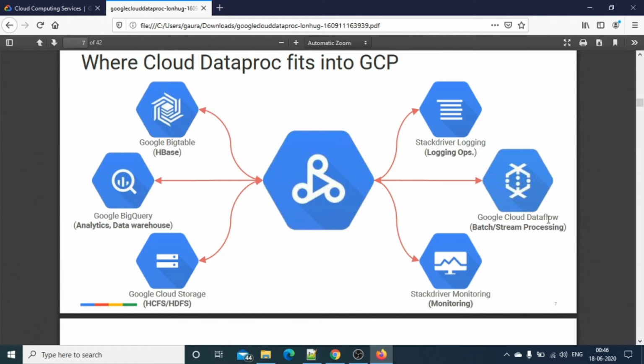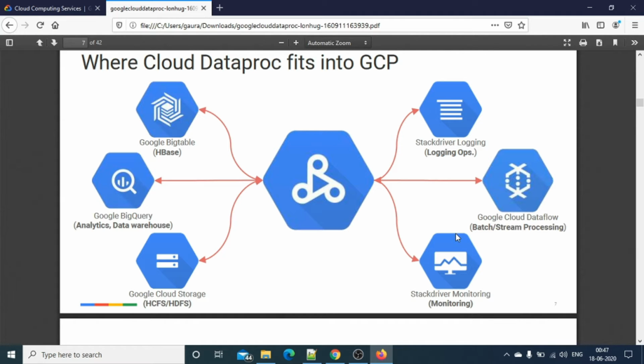Here you can see the Google Cloud Data Platform, like batch processing. This is for streaming, so it's Dataflow. You can schedule your job, you can call the streaming, you can call the APIs, you can download the runtime data. I mean, it's a live feed.